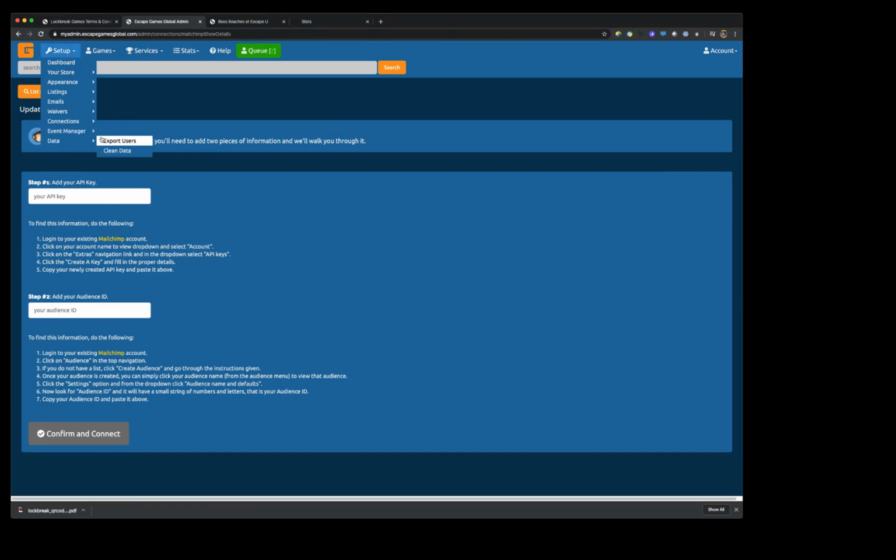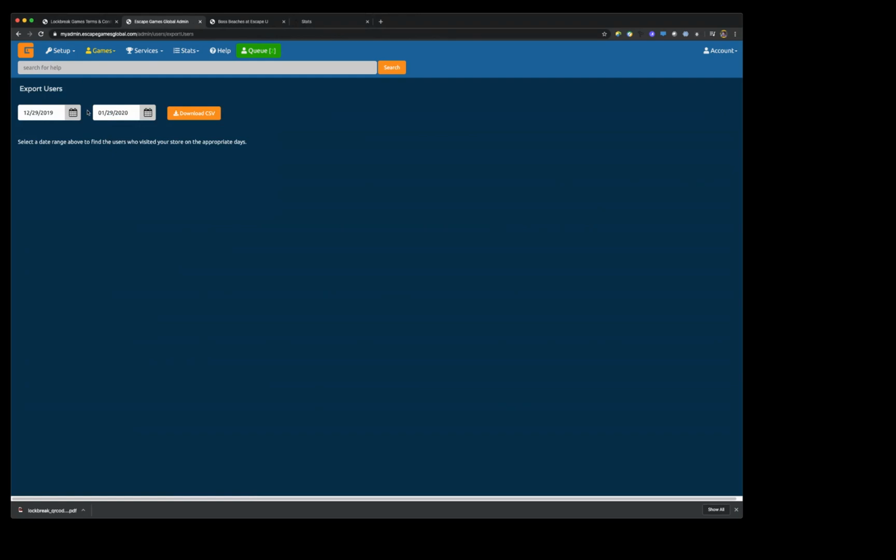And also, we're talking about exporting data. You can actually say, I want to export my users from this range and this range, and download the CSV. So even if we don't support your MailChimp or your mail client platform, you can just download the CSV and upload it at will whenever you want. So that being said,